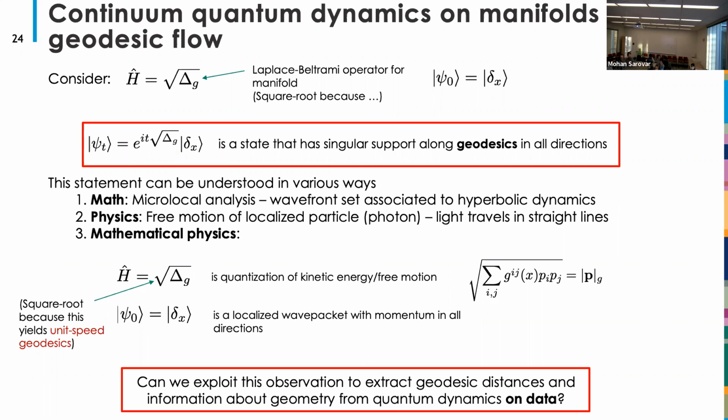That might be a little cryptic. From the physics perspective, it's just saying that free motion of a localized massless particle travels in straight lines on the manifold. So light travels in straight lines. From the mathematical physics perspective,